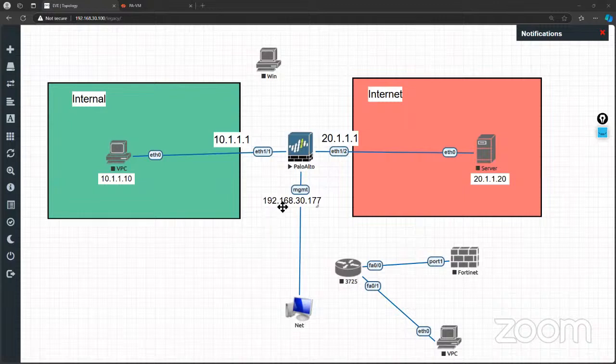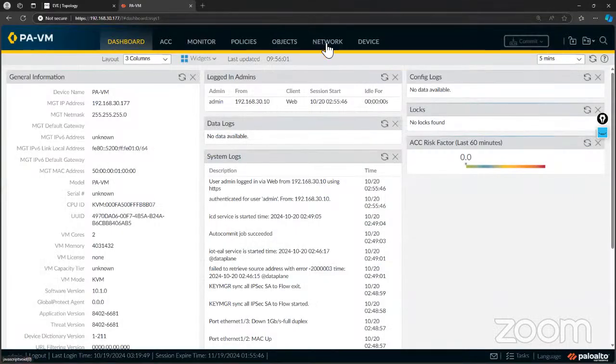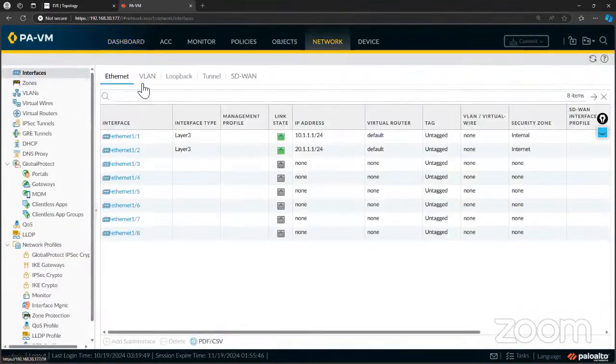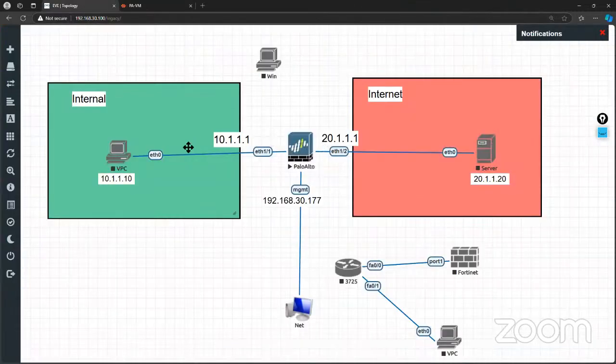So if I click the interfaces, Ethernet 1/1 and Ethernet 1/2, right? So where I can check that one, I can go to this network tab and interfaces. Here I can see that interfaces 10.1.1.1 and 20.1.1.1. So they are already configured. Okay, that's fine. And now if I want to allow the communication from this PC to that PC, okay, so